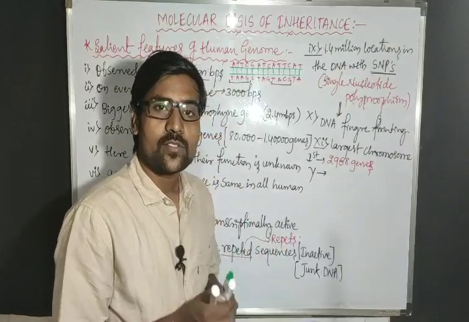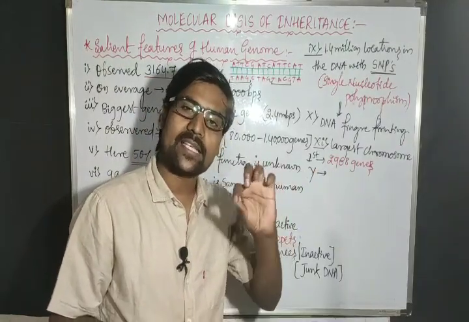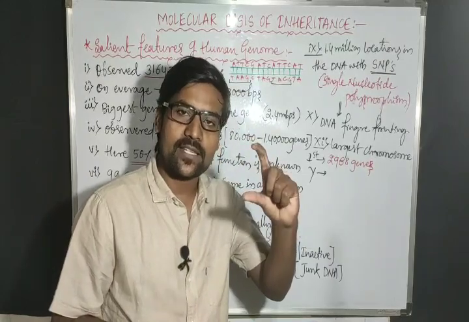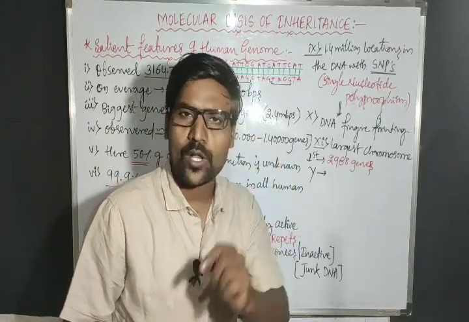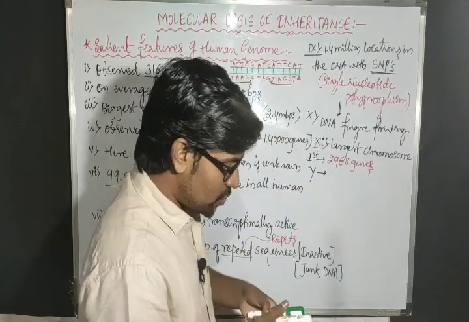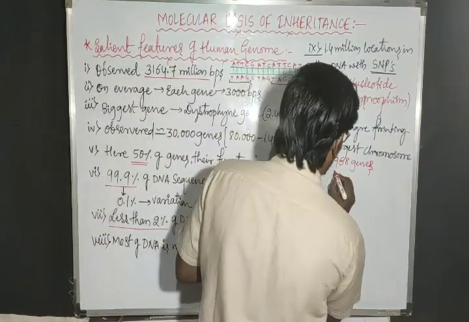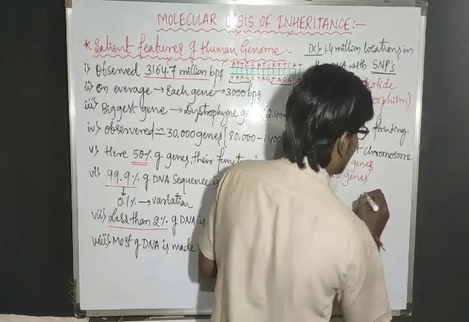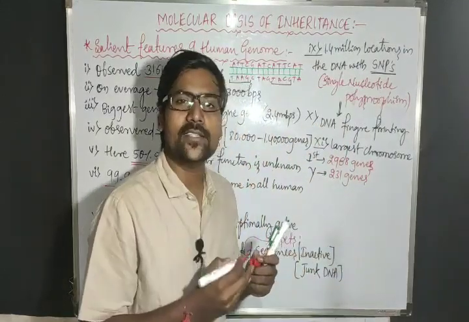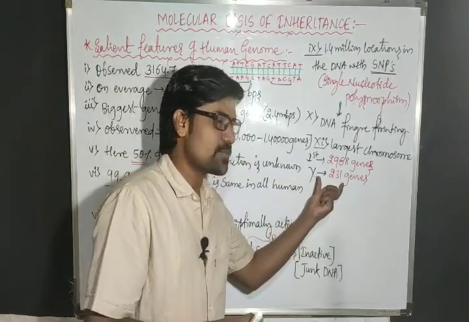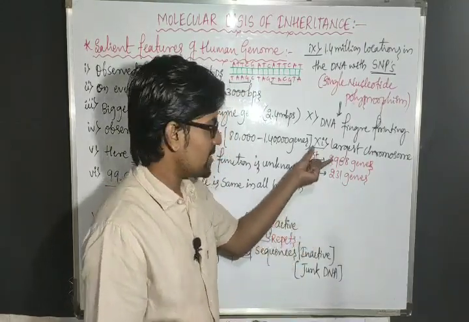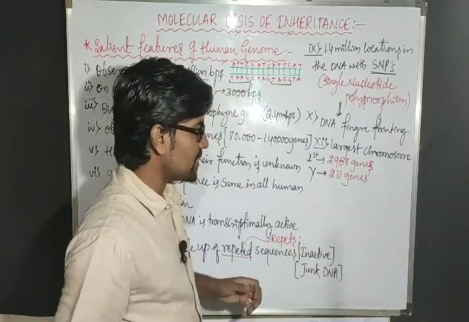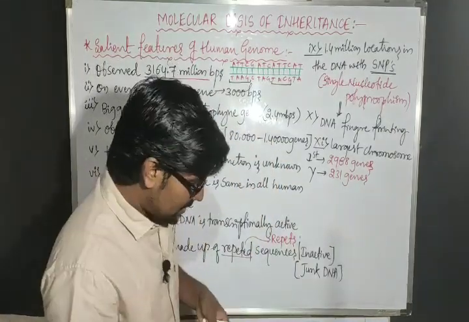The last two are the sex chromosomes, X and Y. In females, XX. The X chromosome is bigger than the Y chromosome. Y is actually a smaller chromosome. The number of genes in the Y chromosome is 231. How many genes? 231 genes. So this is the smallest chromosome, and the biggest chromosome has so many genes.